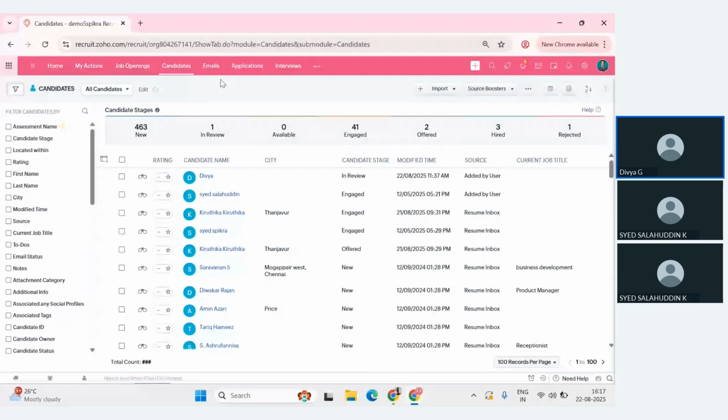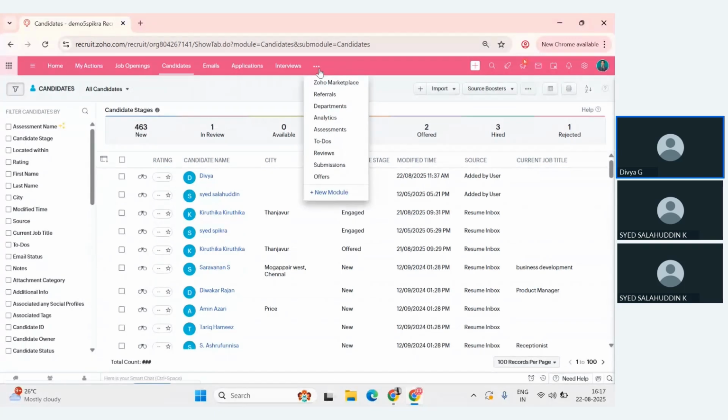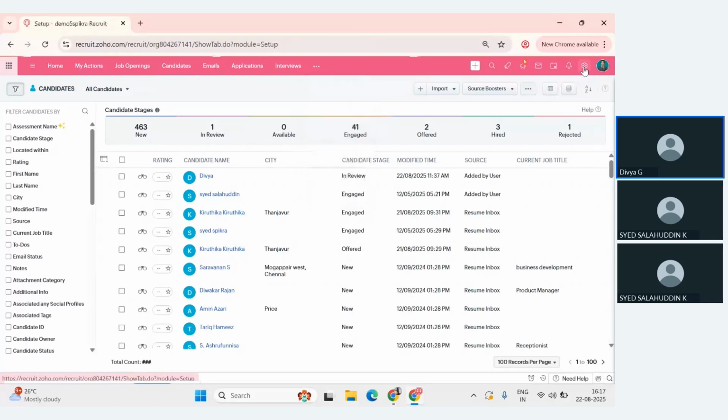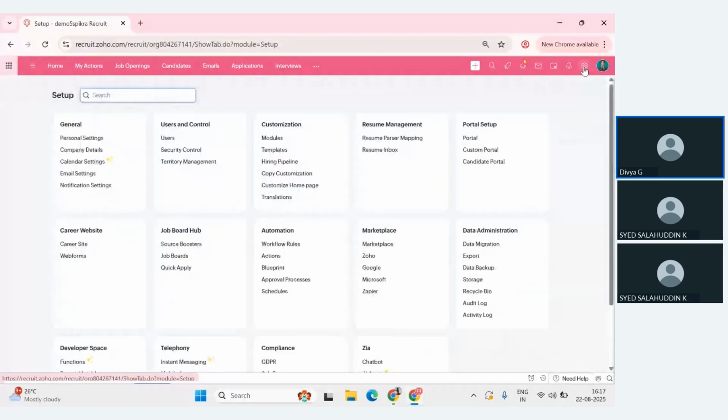The reports and analytics module gives insight into metrics like time to hire, recruiter performance, and source effectiveness. This helps the decision makers understand where the bottlenecks are. And finally, the setup module. The setup module is the backend. It's a control center where admins configure users, permissions, workflows, resume handling, integrations, compliance, and automation,